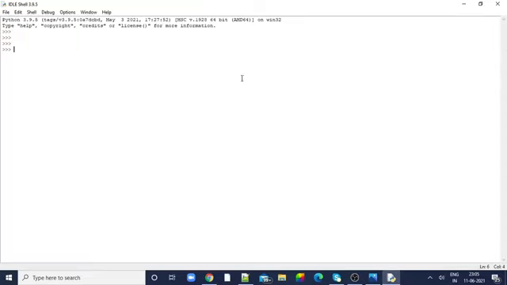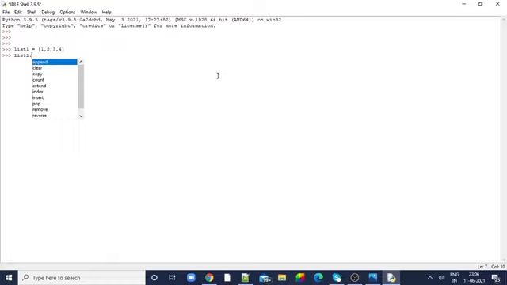I'll tell you why. So for example, I'm going to create a list, list1 equal to 1, 2, 3, 4. Then I'm going to type list1 dot. What are the operations that can be performed? I don't know. But here after pressing dot, you will get the options that are available. So you can easily add the corresponding options. It is very easy.